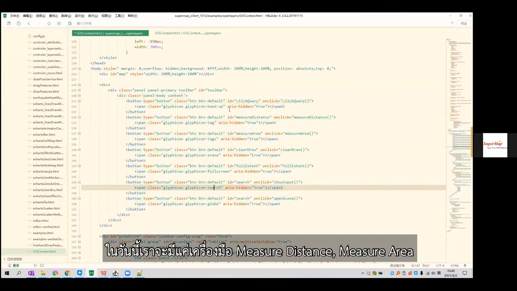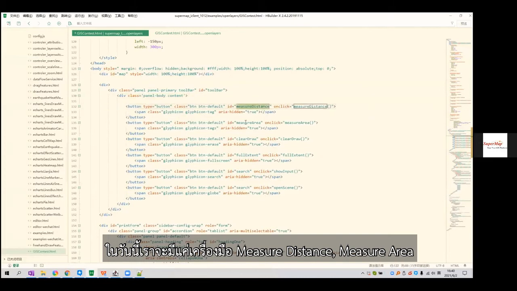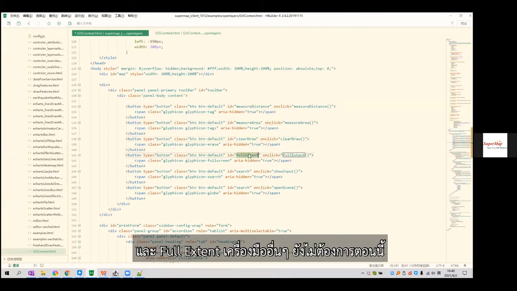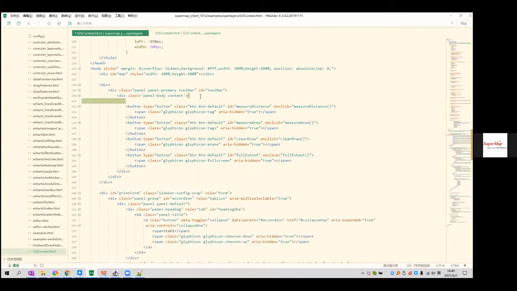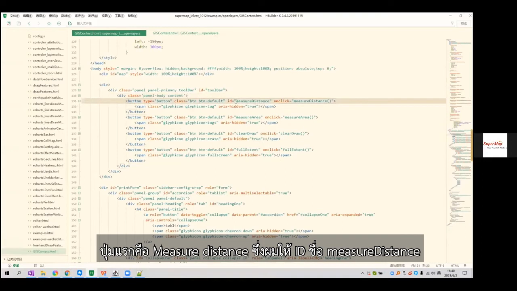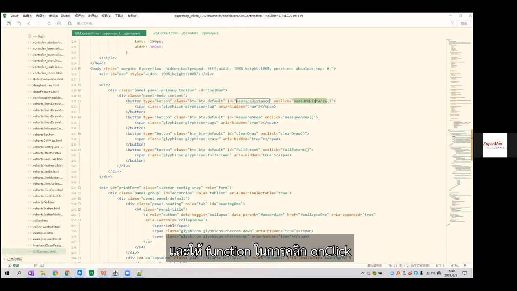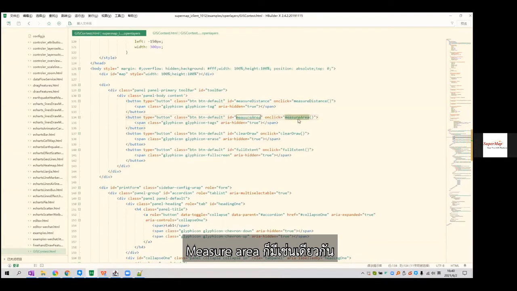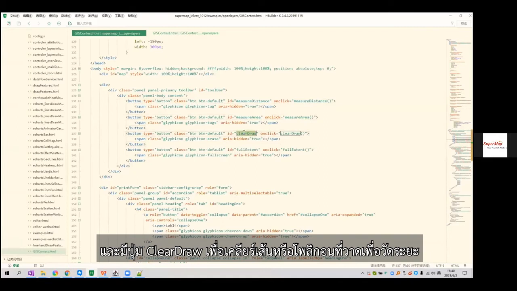Inside of the panel body content div, I added a lot of buttons. But today we only need measure distance, measure area, clear draw, and full extent, and we don't need the others now. Inside of the toolbar, there are some buttons. The first button is measure distance, and I gave it the ID measure distance, and then gave it a click function. The onclick is the function measure distance,